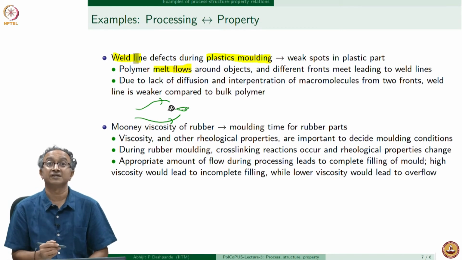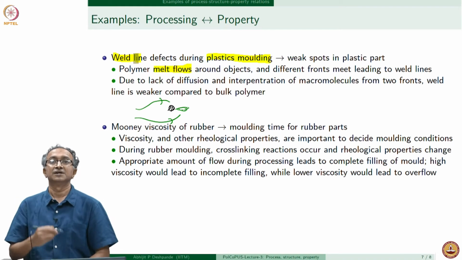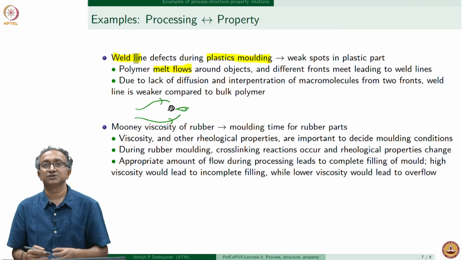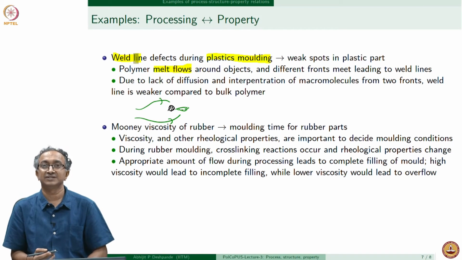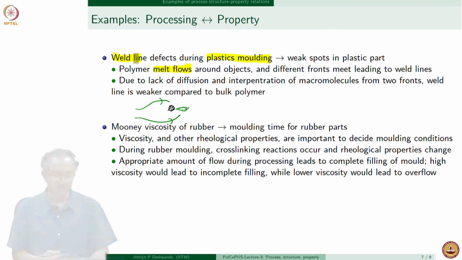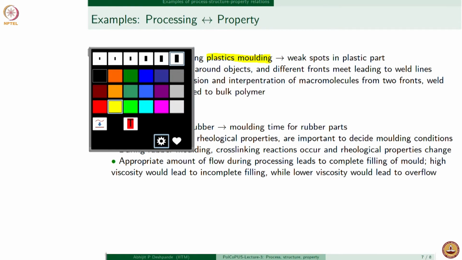So we need to know where the weld lines are, and can we reduce the disadvantages of weld lines, can we improve properties around weld lines? So processing directly influences the performance of a part. We can also look at another example where the viscosity of rubber is